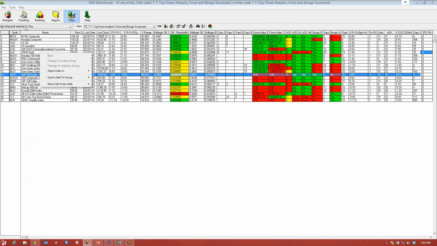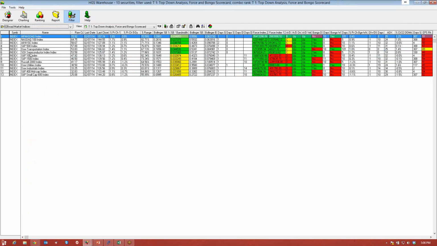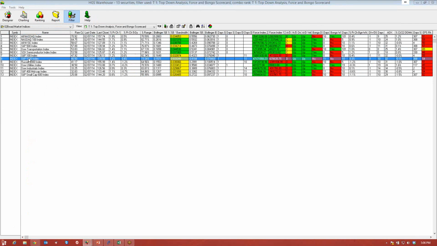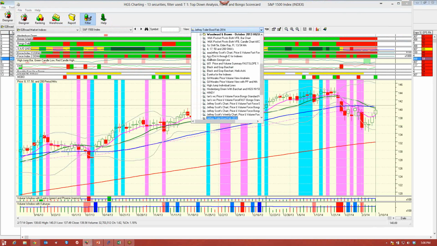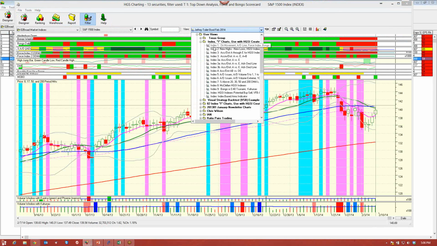Out of curiosity, I want to go to where I have volumes and look at S&P 1500 here. I'll put it up as a chart. The 1500 includes the 400 mid caps, 600 small caps, and 500 large caps. So it gives you a nice overview of the entire market. But what we use it for are Ron and Ian's famous eye charts. So what I like to look at is